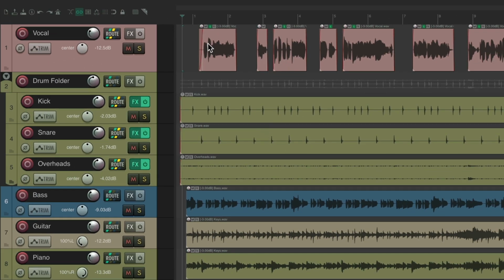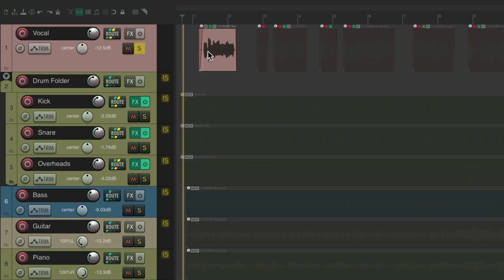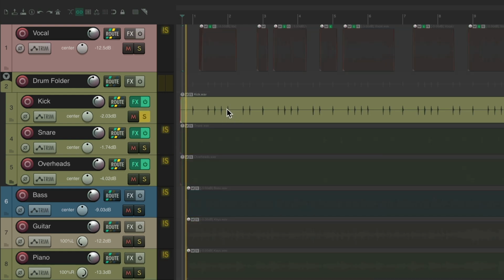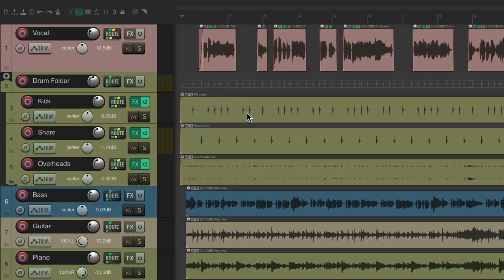If I put my mouse on the track or items I want to solo, hit that keyboard shortcut, it solos it. Plays it, hit the keyboard shortcut again, and it stops playback. And it unsolos that item. Do the same thing with this kick. It plays it, hit it again, it stops it. With the snare, overheads, or bass,